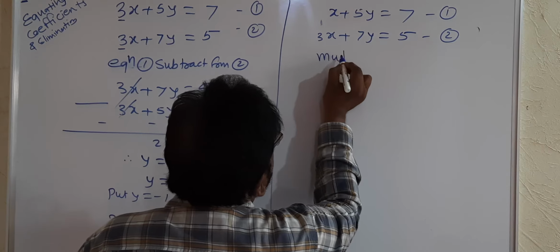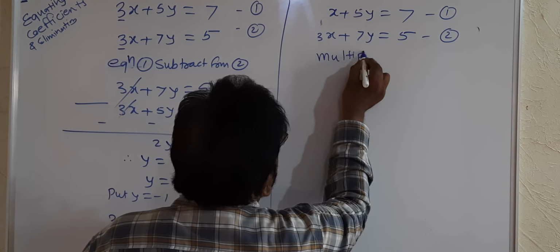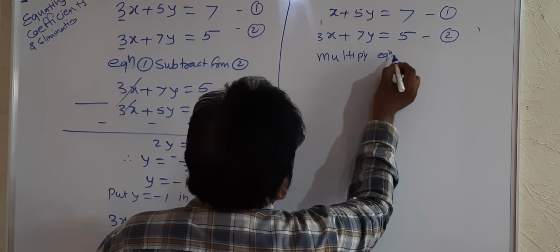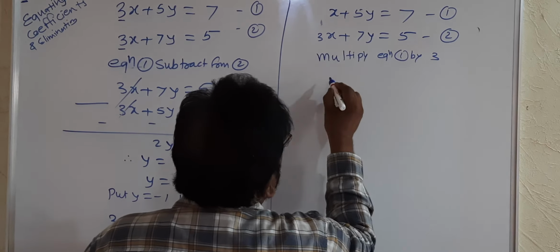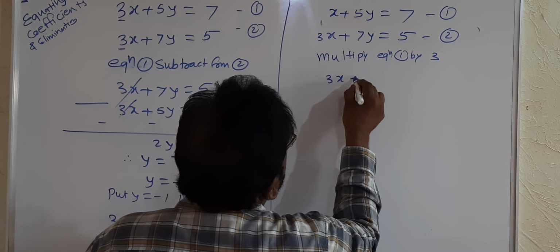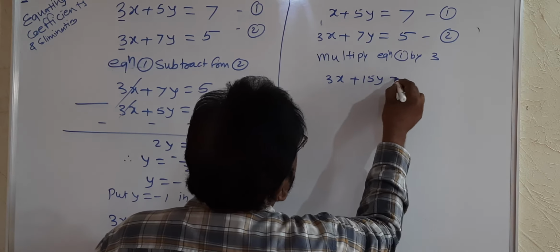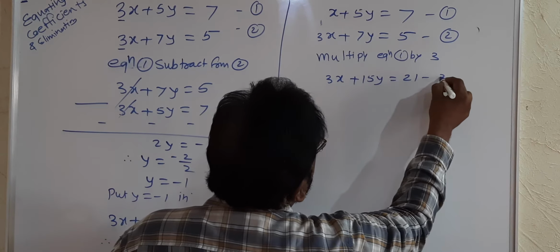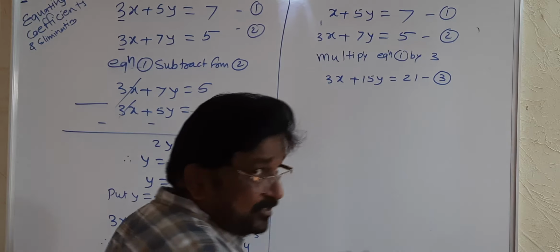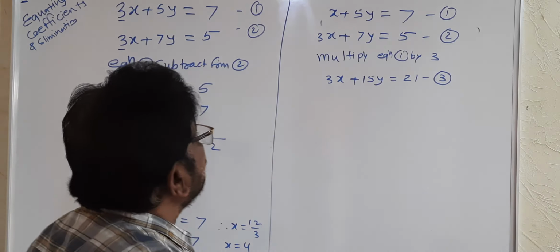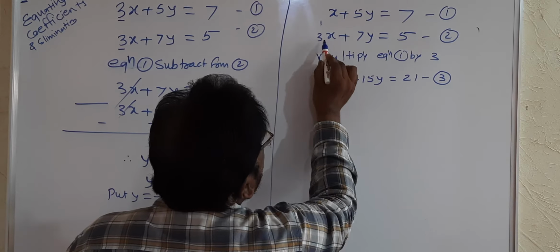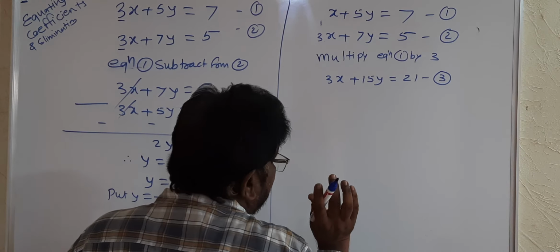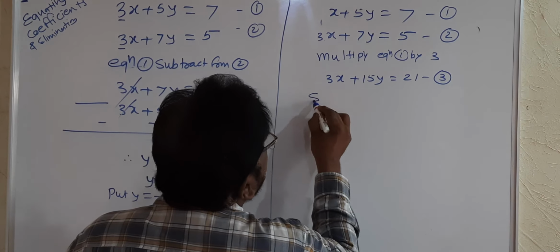Multiplying equation 1 by 3. So it will be 3x plus 15y is equal to 21. This is third equation. Now compare with 2. It is 3x again. So subtract